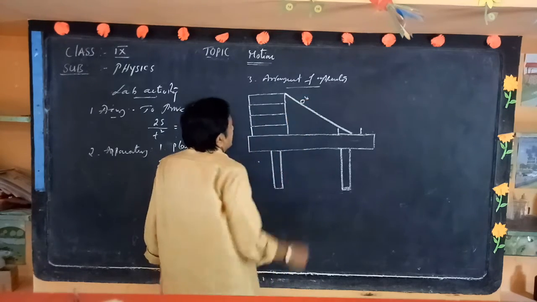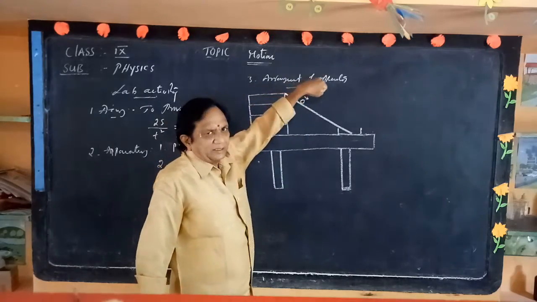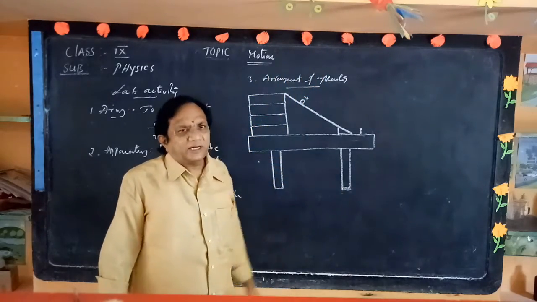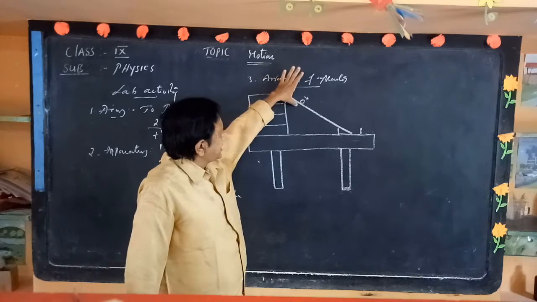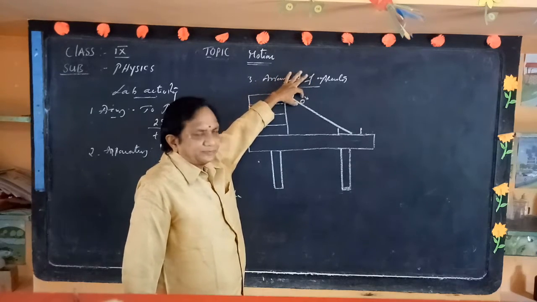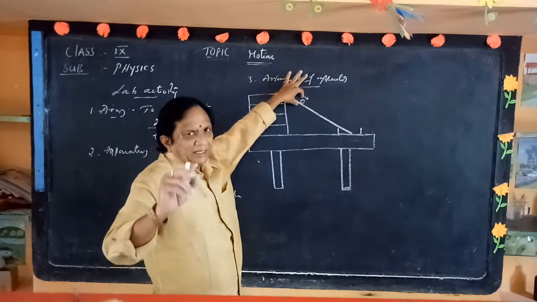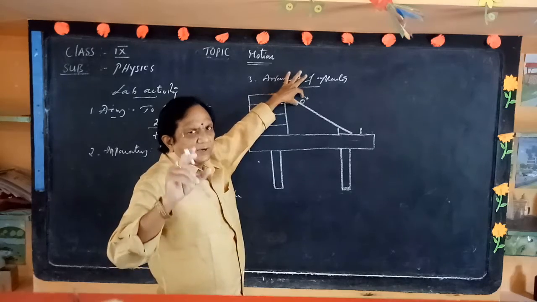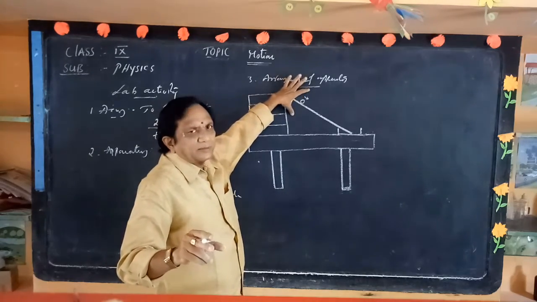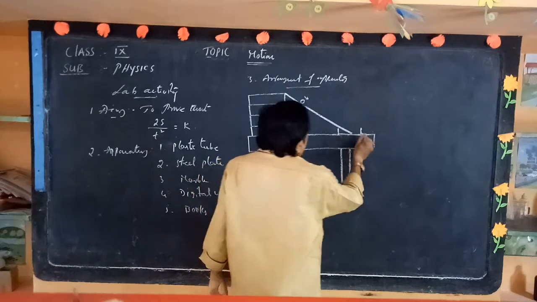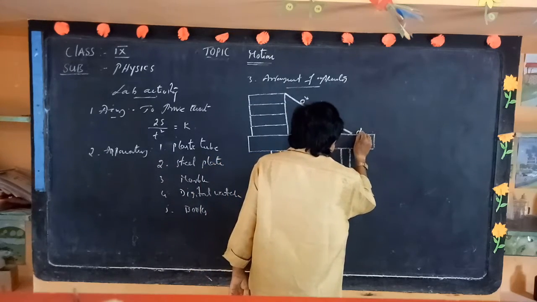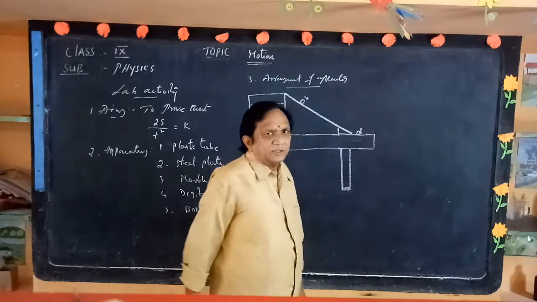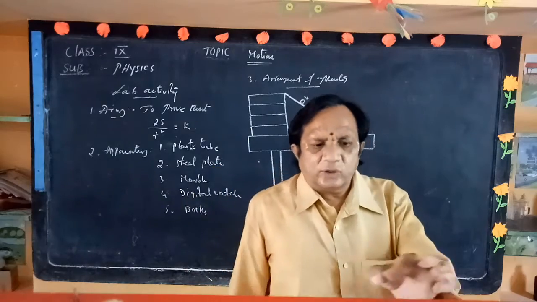So before leaving that, put the stopwatch ready. For 60 centimeters we have to leave it. So measure the distance 60 centimeters and put this marble with the hand and be ready to start the watch. When the watch starts, leave this marble. What happens? It will come and touch this plate. It touches the plate, it gives a sound. Then stop the clock and note the time.